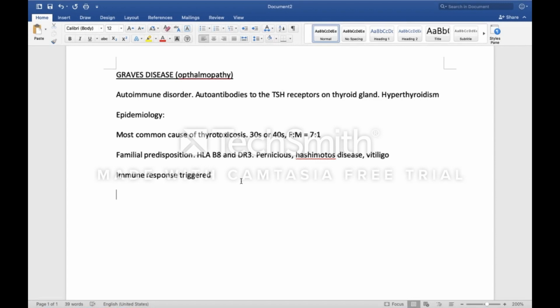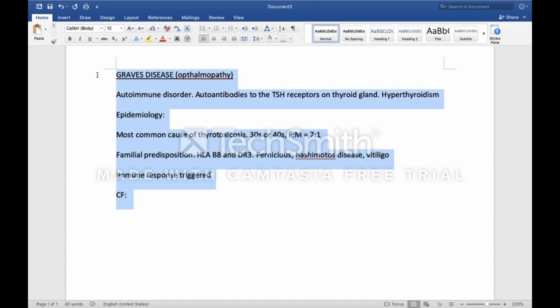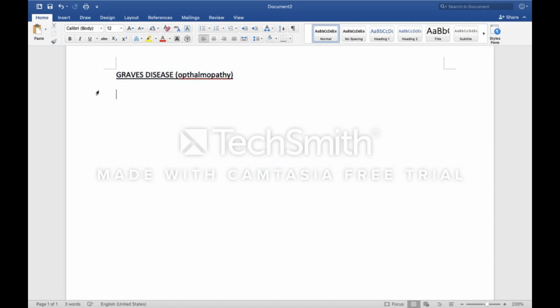Okay, so what will be the clinical features of this condition? The clinical features will simply be the signs and symptoms of thyrotoxicosis. So what are the signs and symptoms of thyrotoxicosis, or hyperthyroidism? I will show you the clinical features. One way to remember them is by